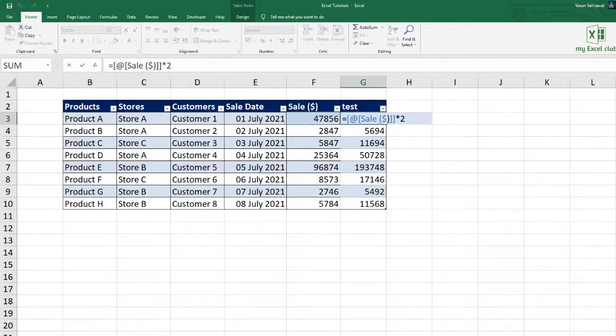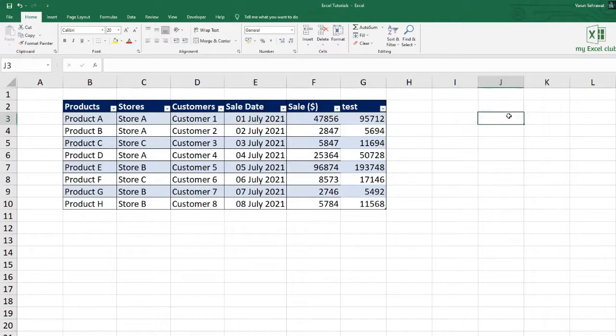Now here you must have noticed that the cell reference syntax is very different. It is not something like we have seen before. In normal tabular format, it will show the address of the cell, that is F3. Here in Excel table, the syntax is different. It refers to the header name of the column in square brackets. We will talk on this more.